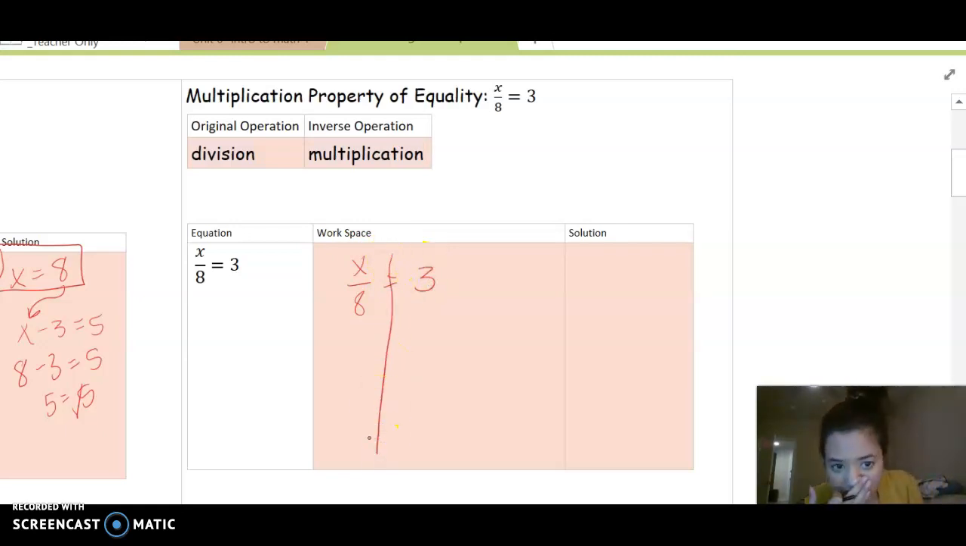All right, so x divided by 8 equals 3. The opposite of divide is to multiply. So I'm going to